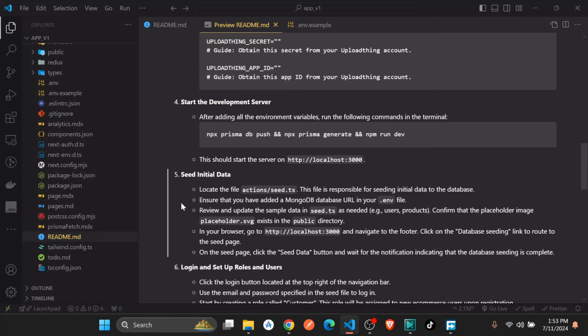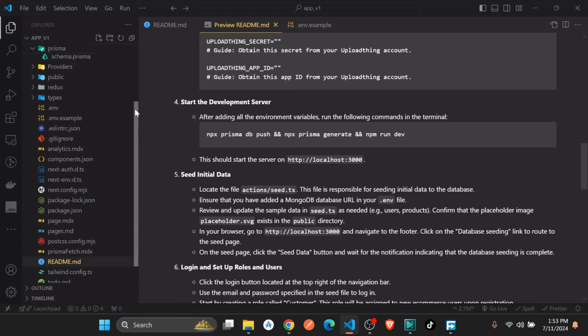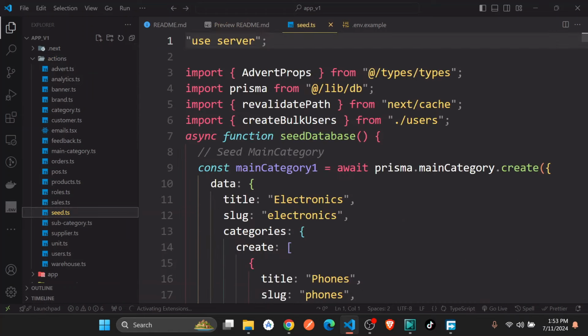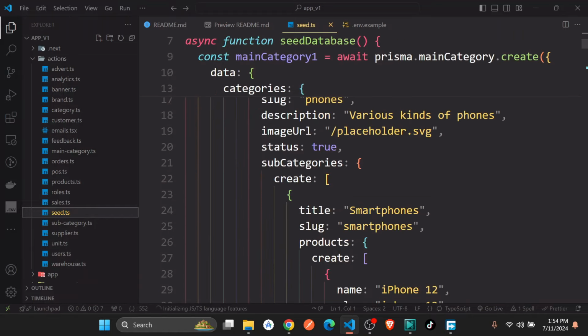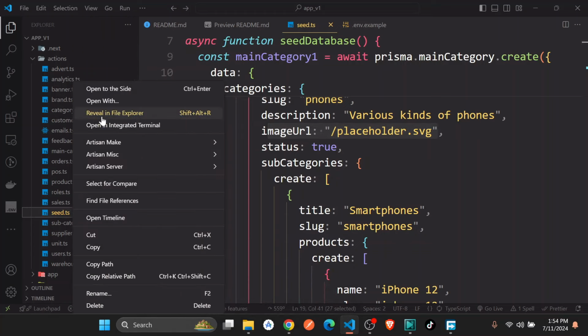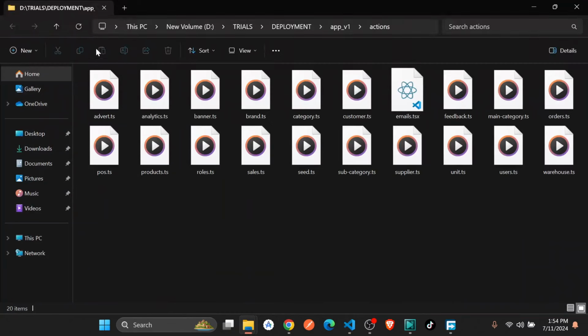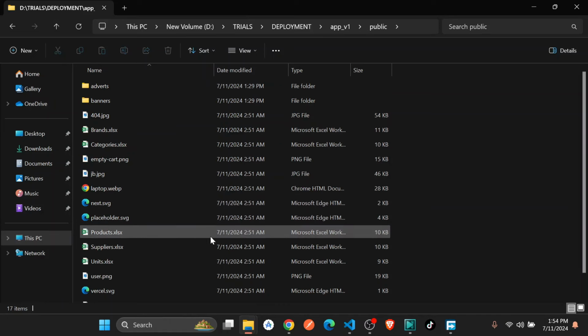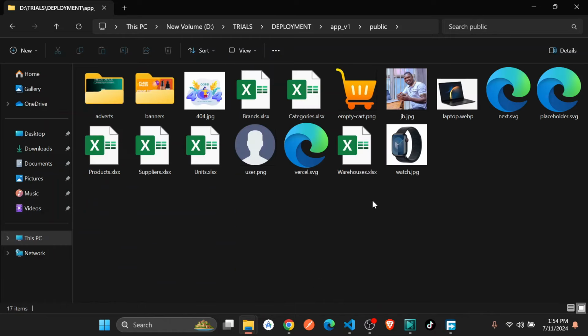By the way, for the images I used in this action seed.ts file, you can see I used an image URL everywhere. I use this placeholder.svg. And if you go to your project, right click, reveal, and go to the project root where I have public, you should see that we have at least this image called